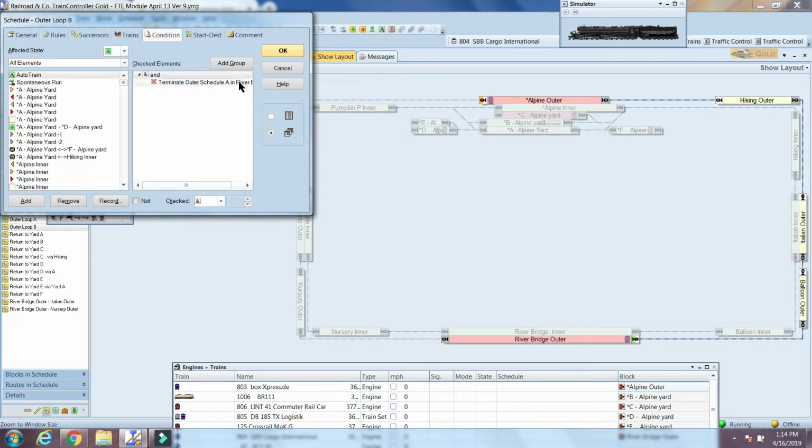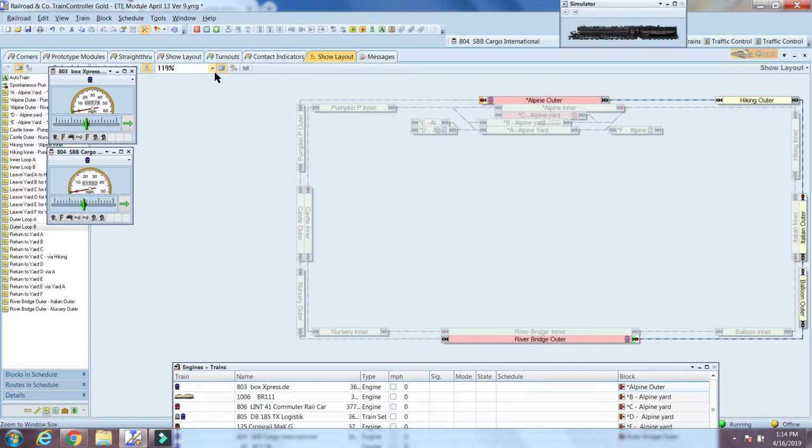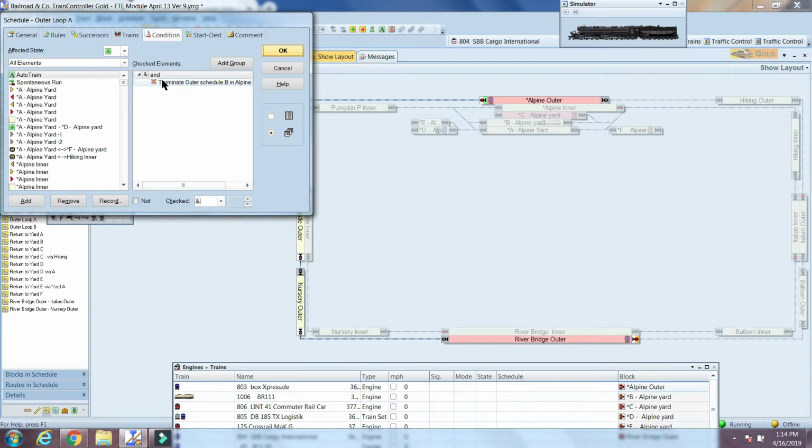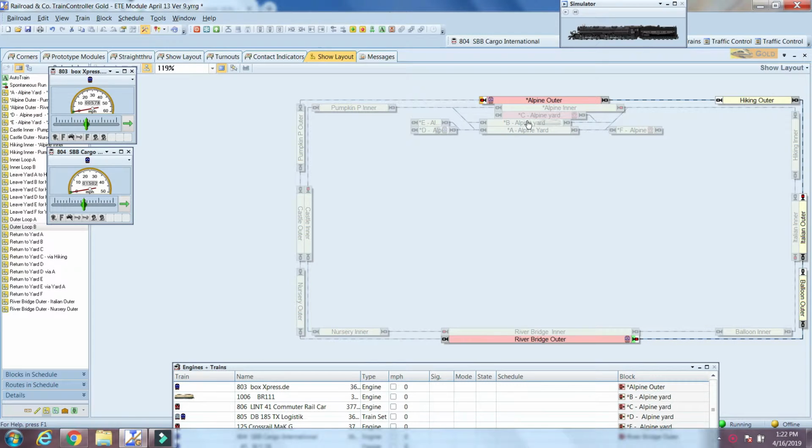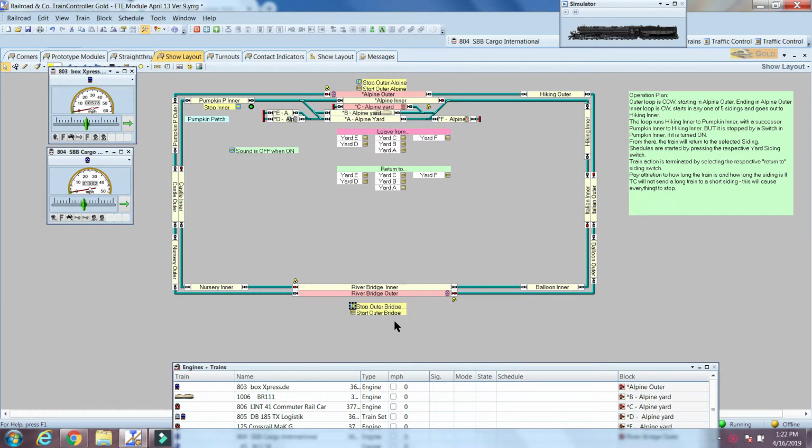So we basically do exactly the same in the outer loop A, where again we're going to decide whether or not outer loop A starts based on whether the switch over here is now on. So we've talked about the 2 switches to stop this